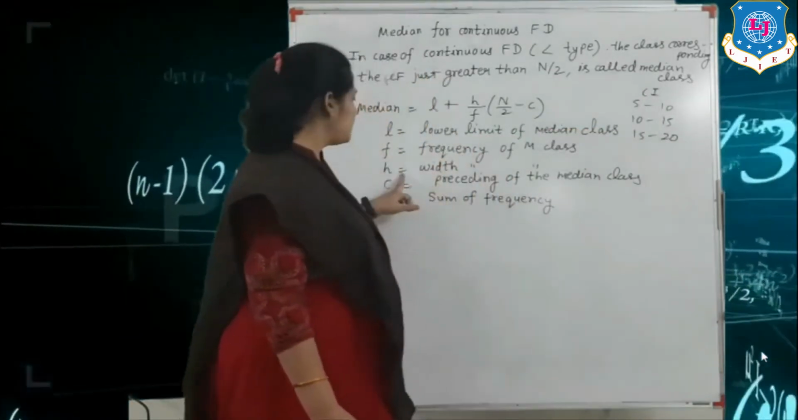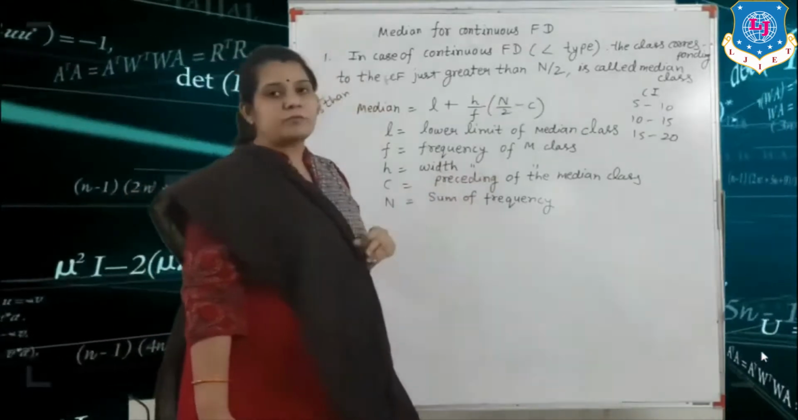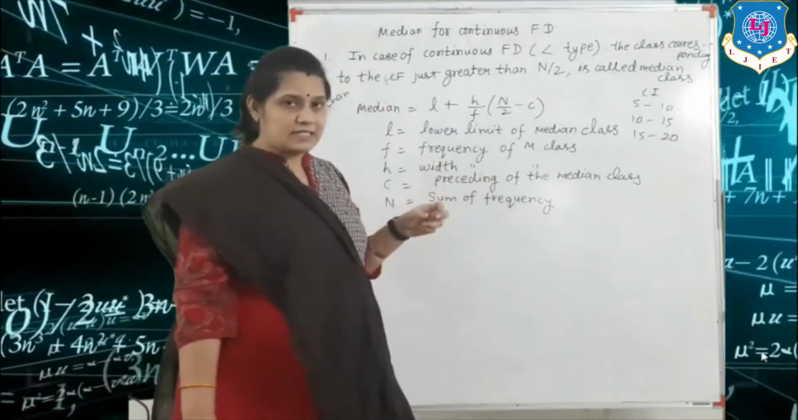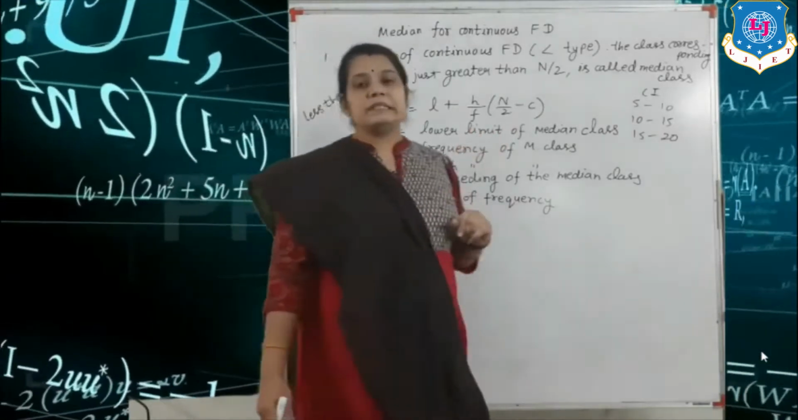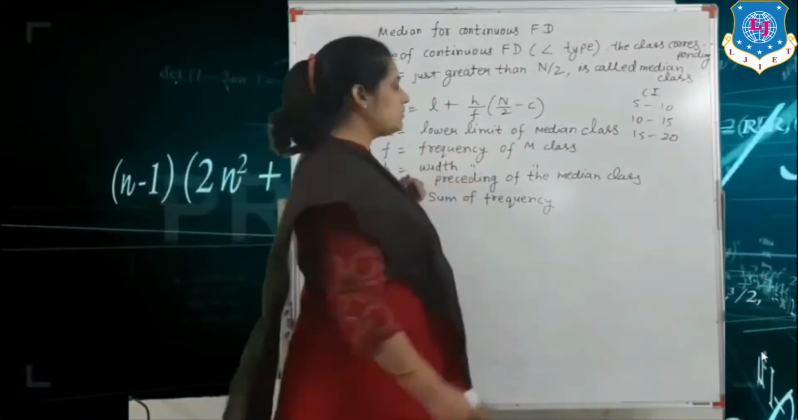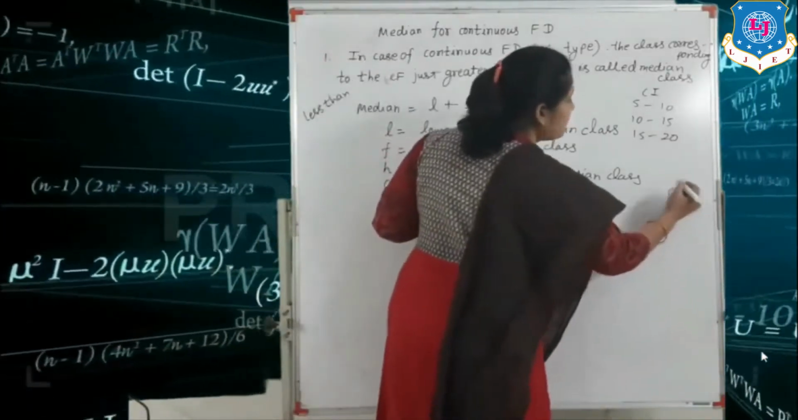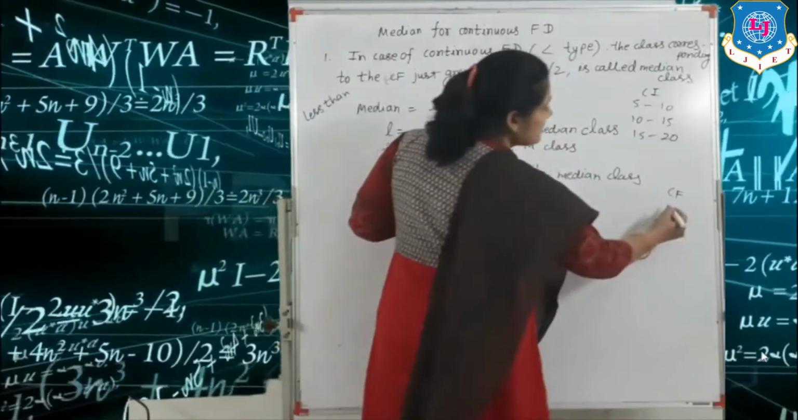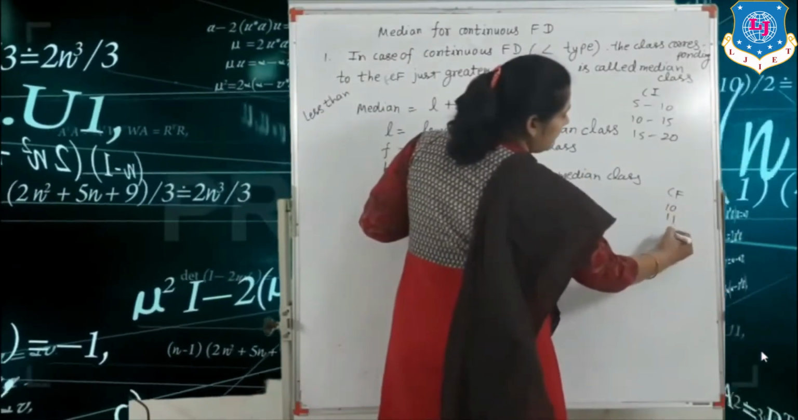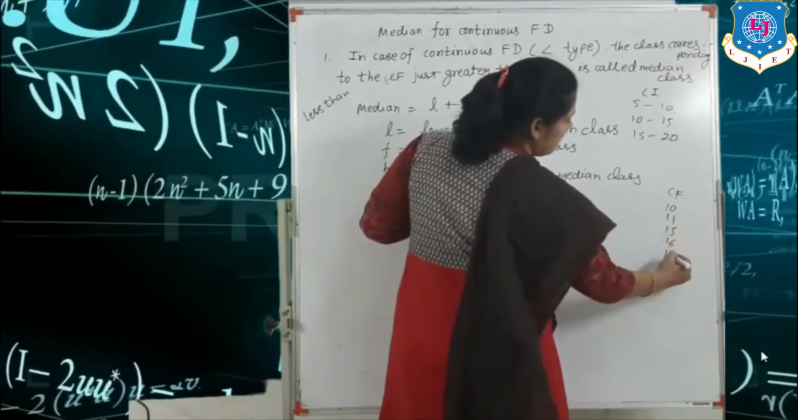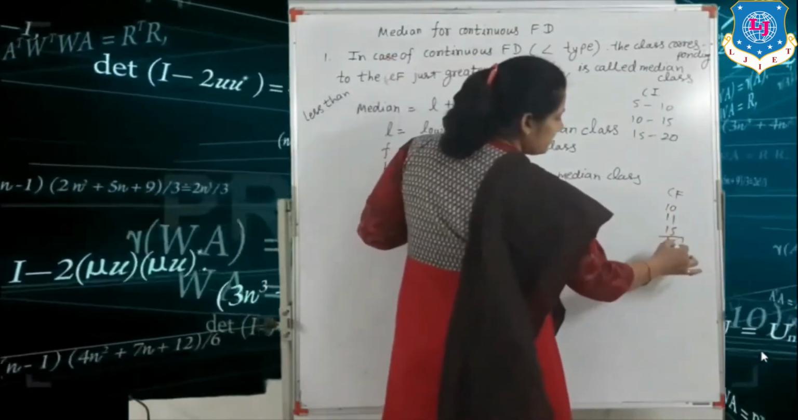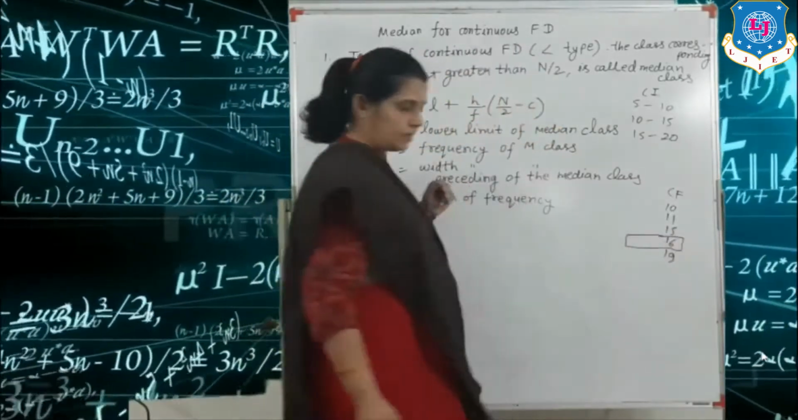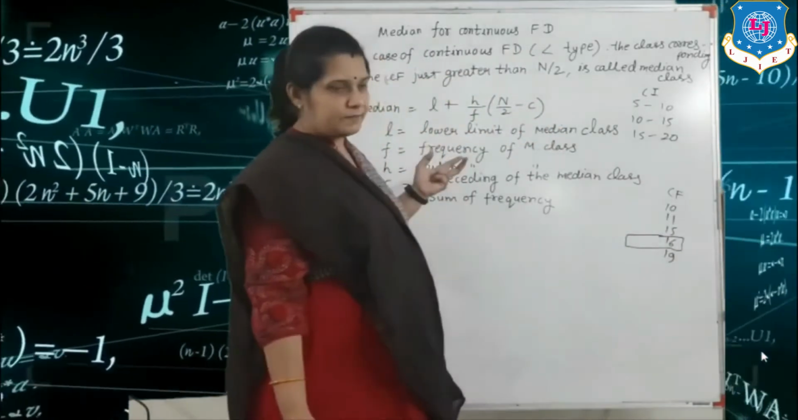So here h is equal to the width of the median class, that is, the class interval. C is equal to the preceding value of the median class. What does that mean? After finding the CF, for example, your values are 10, 11, 15, 16, 19, and your median class is this term, so capital C means